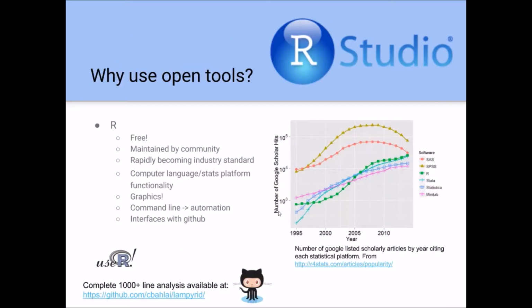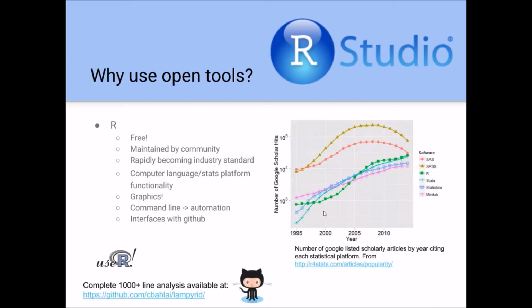We used RStudio as our primary development environment to do all of our work, which of course runs R. So why do we use R? Well, first of all, it is an open source software package that is freely available and maintained by the community, but also because it's rapidly becoming the standard statistical engine in ecology. So you can see that over time it's gained quite a bit of popularity, and in fact, as of about 2014, it looked like it is starting to overtake the number of references to SAS in citations from that year. It also produces very nice graphics, and